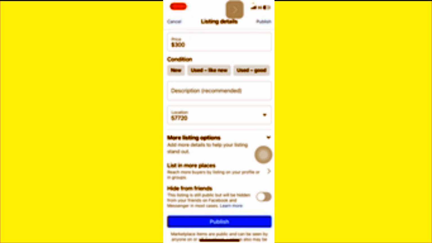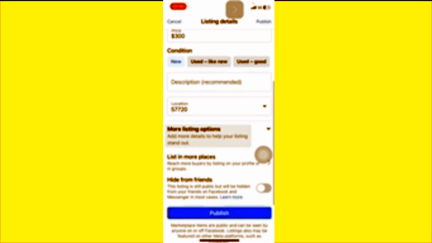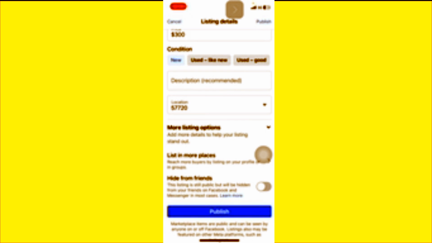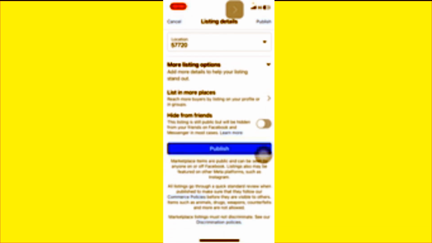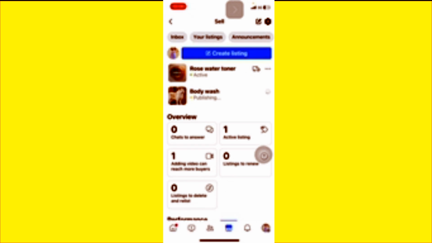I'm going to put in new. The item is new, or you can put in used, like new, but this item is new. And you're going to put in the product description here, which I didn't copy, but it's okay. I can edit this post later and do everything well. I'm just showing you how you can make money with this Tendo app. Then you're going to click on publish.